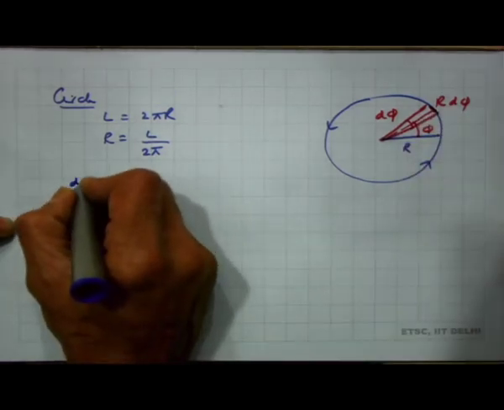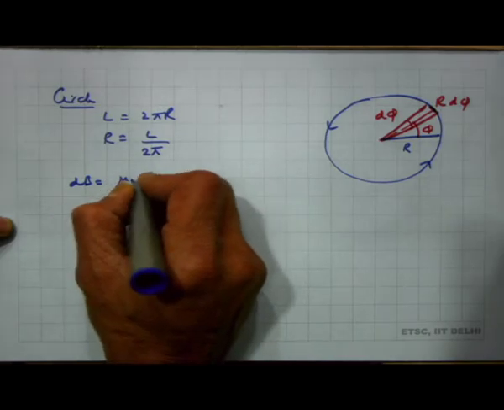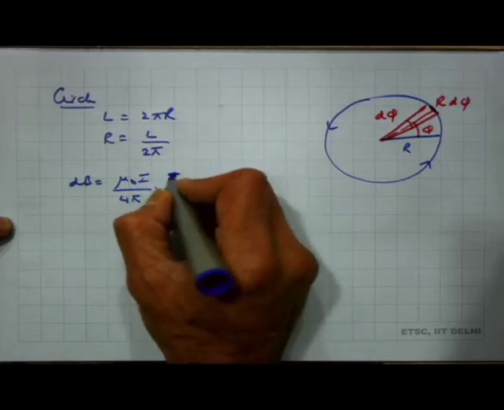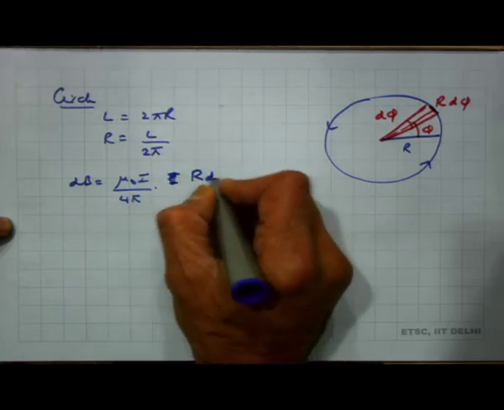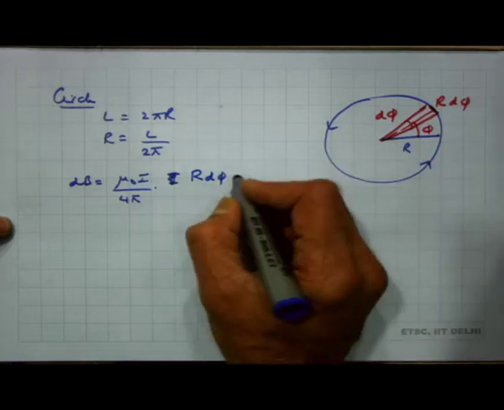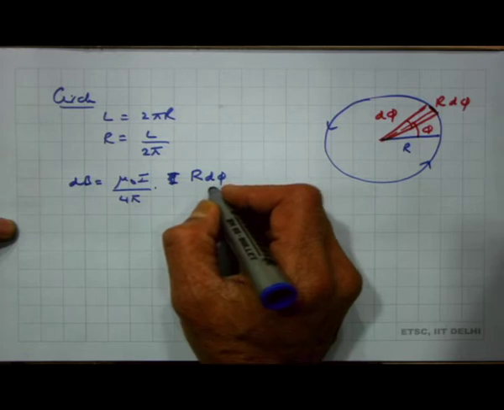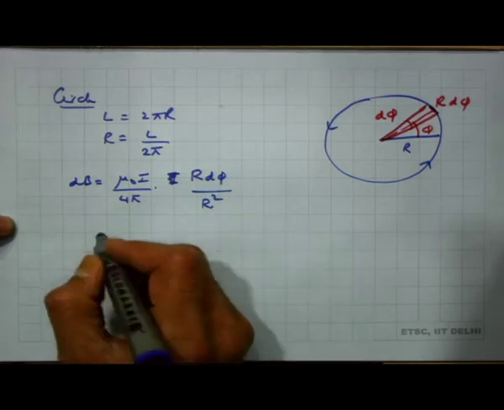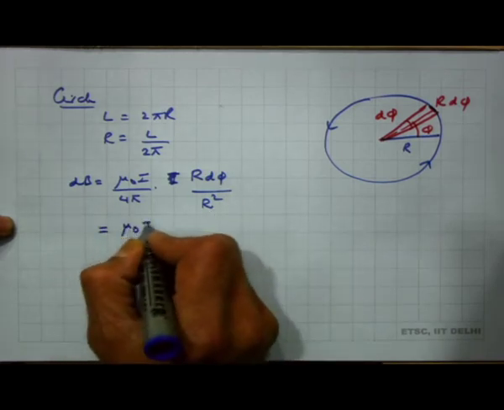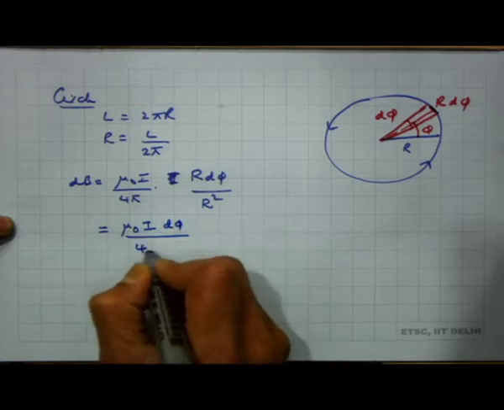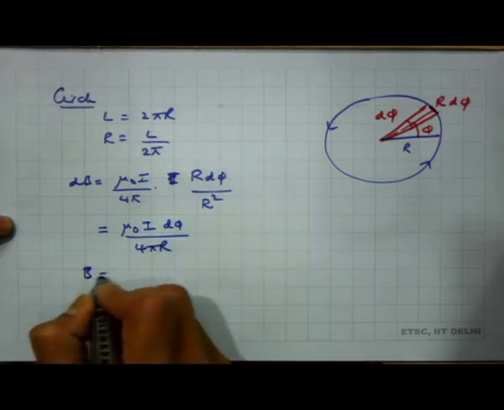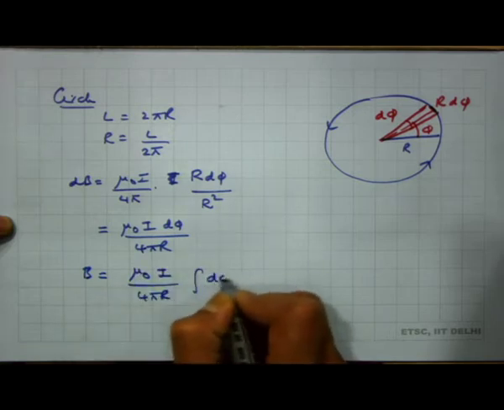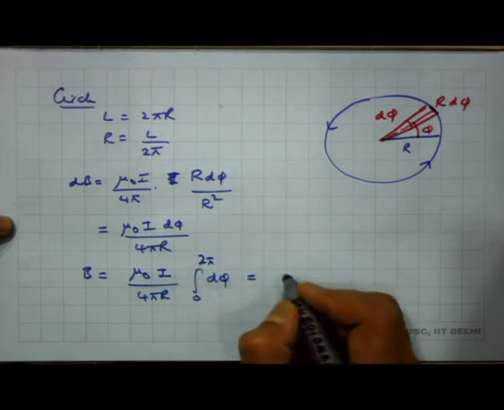I will get dB equal to mu naught I by 4 pi into the length dl cross r. So, dl is r d phi by r square. So, dl cross r by r cube. So, one of the r cancels off. So, I will essentially get mu naught I d phi by 4 pi r. So, the total magnetic field will be equal to mu naught I by 4 pi r integral d phi from 0 to 2 pi,